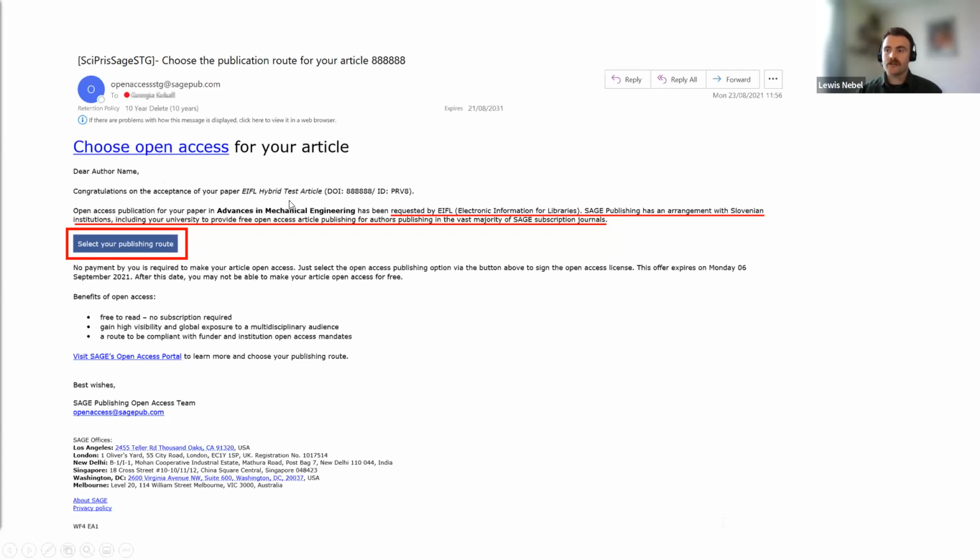It will note that your article's been accepted, the journal, and then it will say open access has been requested by EIFL. Sage Publishing has an agreement with Slovenian or could be Lithuanian institutions, including your university, and says that they'll provide free open access publishing for authors in eligible Sage Choice journals. So it tries to make it clear that there's no payment required,